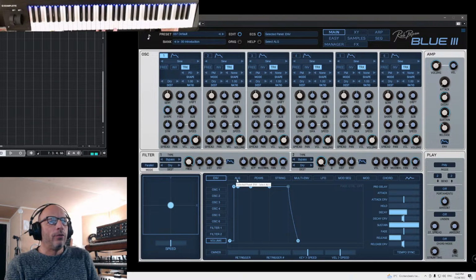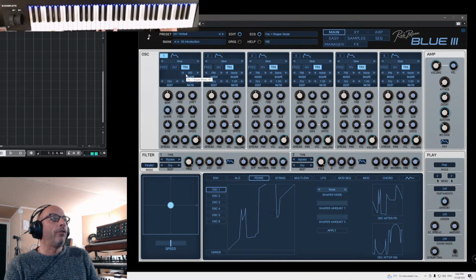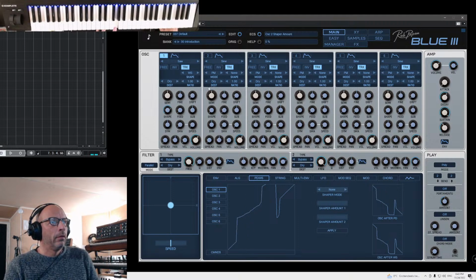And of course I need to go to the phase distortion. So the amount of phase distortion or wave shaping. That's also in Blue 3. So in terms of synthesis, on a saw,